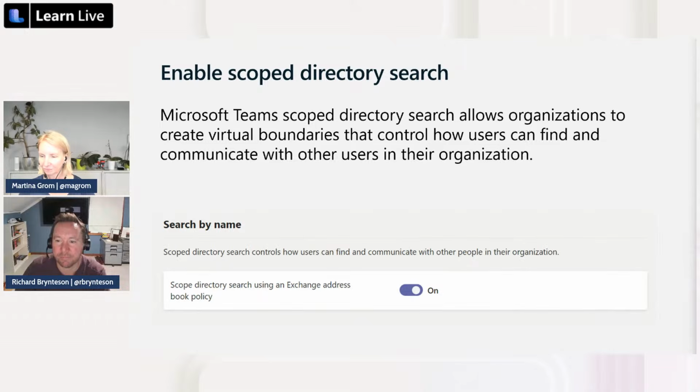And also, Microsoft Teams lets organizations provide custom views of the directory to their users. So if you have information barriers in place, one of the policies could be that you say, I do not want my sales department to talk with the retail department for whatever reason, or I do not want a specific person to talk to others in the same environment. And scope directory search is one of the first things you have to configure.